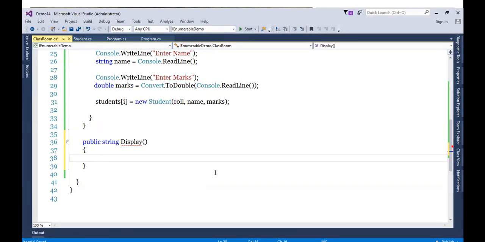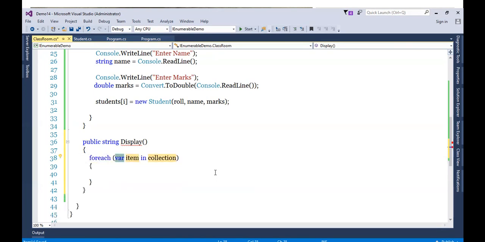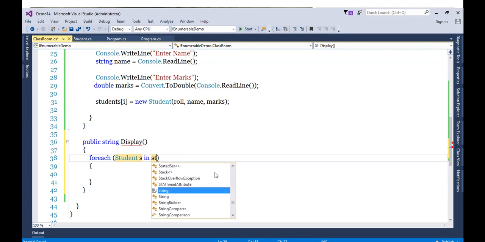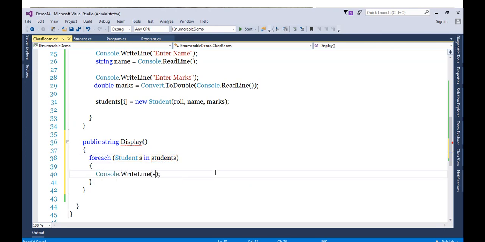So here I'll be using a foreach loop. In place of the type, we'll write Student, let's say s in collection. So our collection is students. And simply I will write Console.WriteLine(s). Finish.